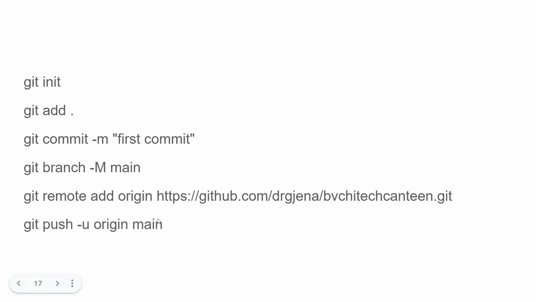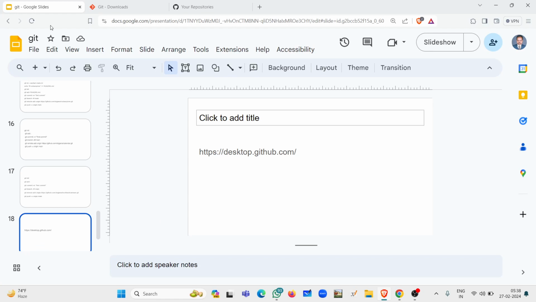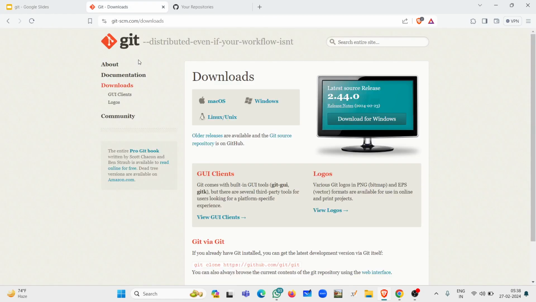You can see the latest, what I do is continue, the same thing is done, right? So now this is the thing you have done till now. Now let us see how you go for the git scm. For the git scm, what I told you, just type git-scm.com downloads. You can see here, once you type it is appearing in front of you, and you can go for the